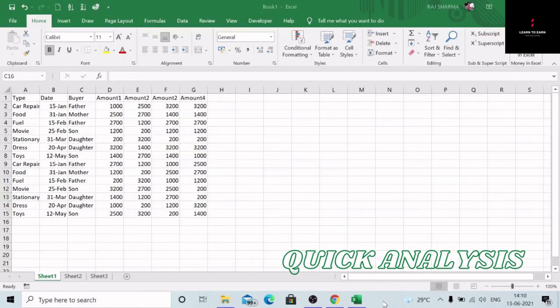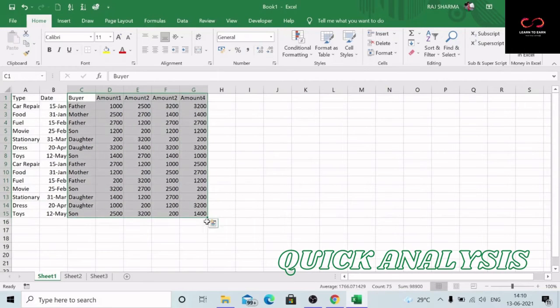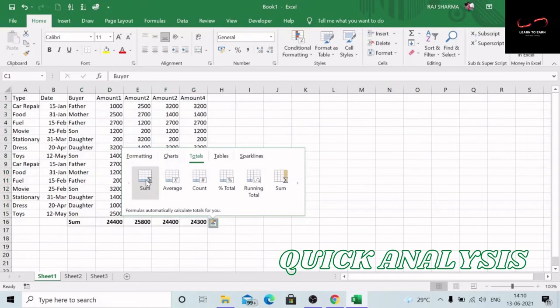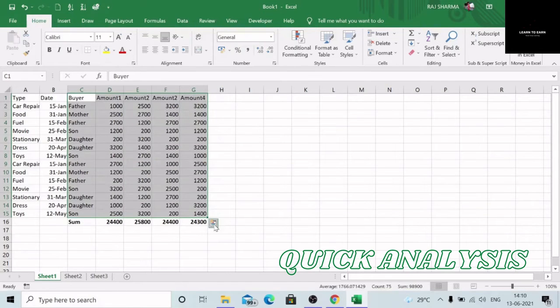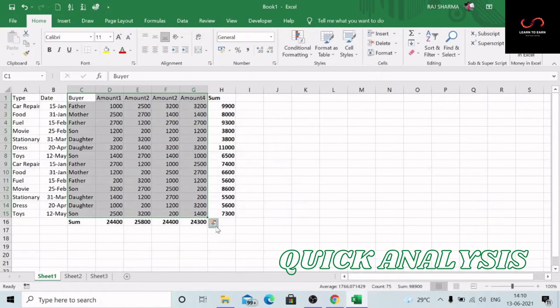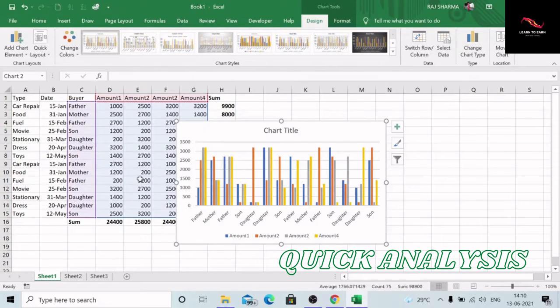Quick Analysis tool. For the Quick Analysis tool, select the data. Once you select it, you will find a menu icon at the bottom, and you have to click it. Using this, you can now do a lot of functions. So let us say we want to sum the data in these columns. Once you put the cursor here, you can find the summation has come here. Or let us say you want to sum the data in rows, so it has come here. If you want to put a chart, you can use this, and you can get a chart here for all the data.